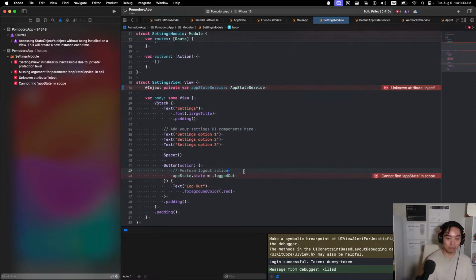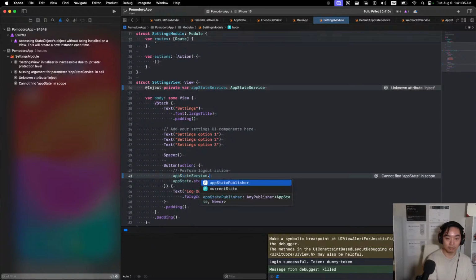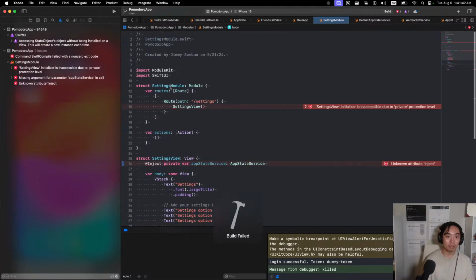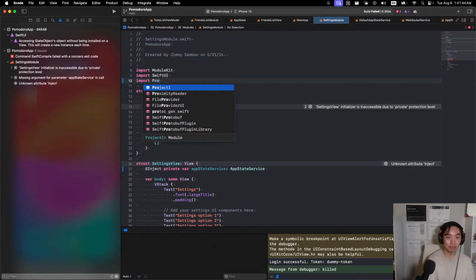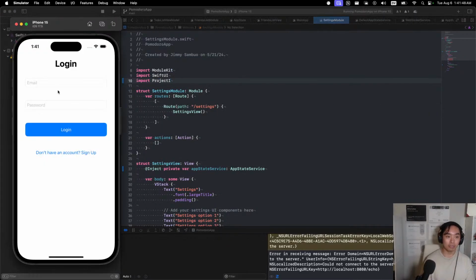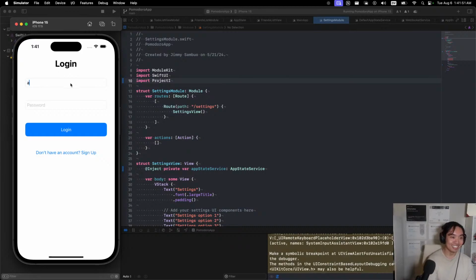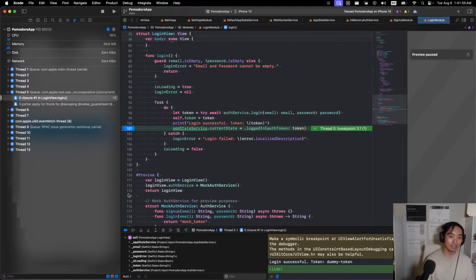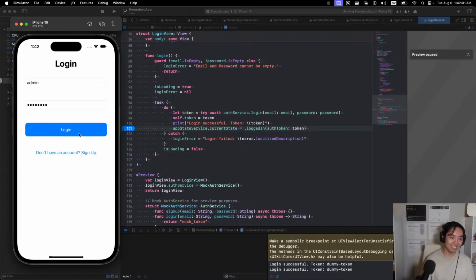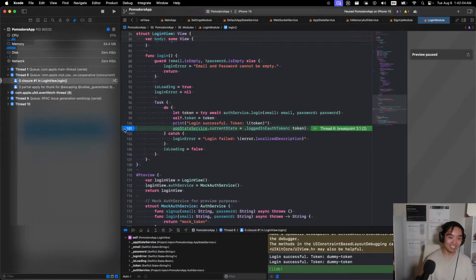The perform logout will be there. There we go. Oh my goodness. No. Wait, is it working? No. What? It's not